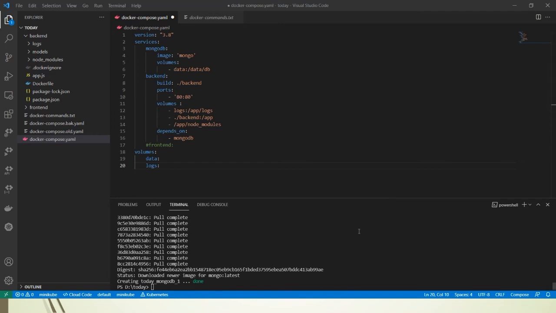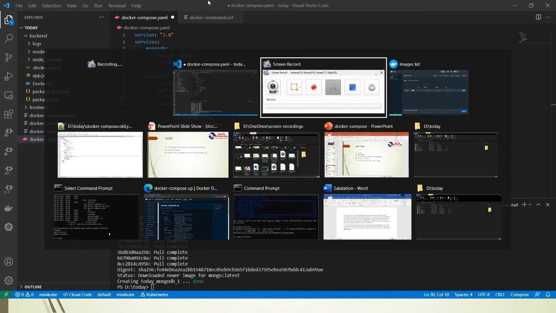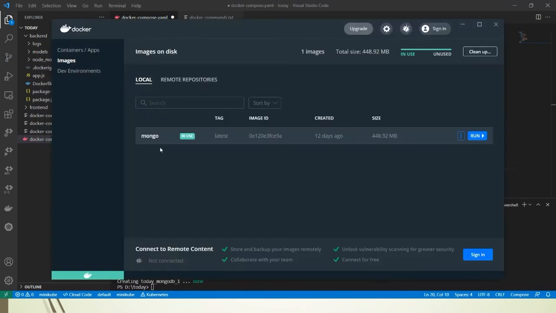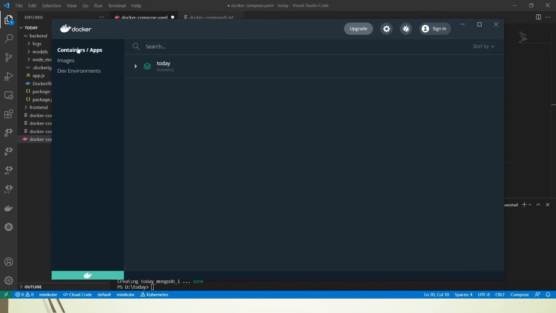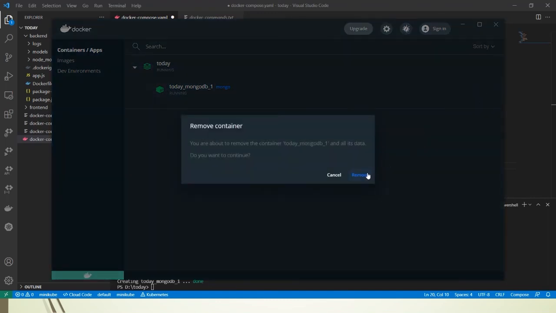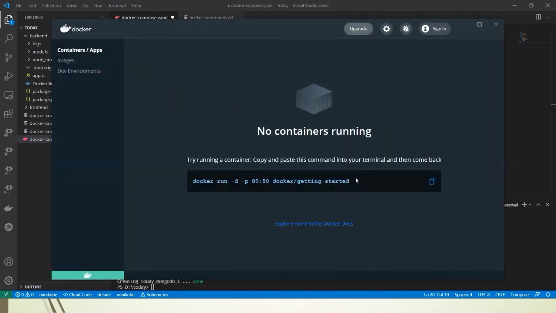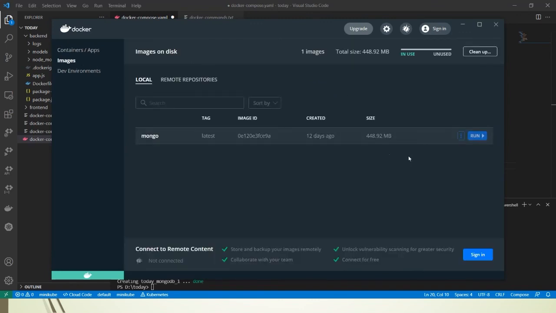If we go to the Docker Desktop right now, okay, we can see this one. We will remove the app again and delete this image.